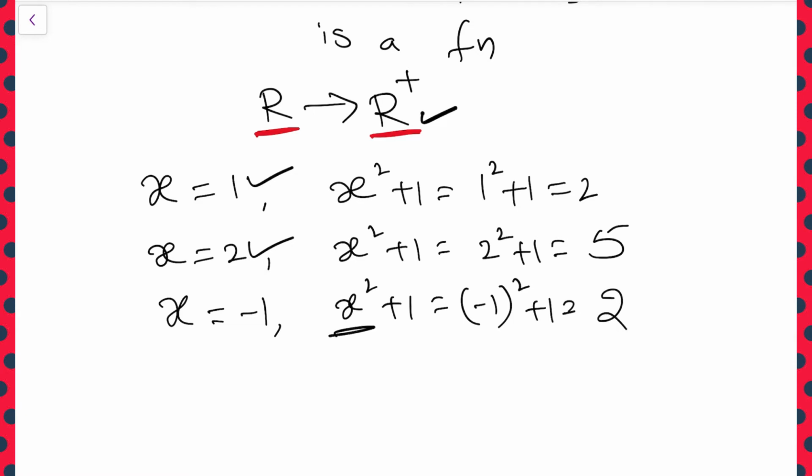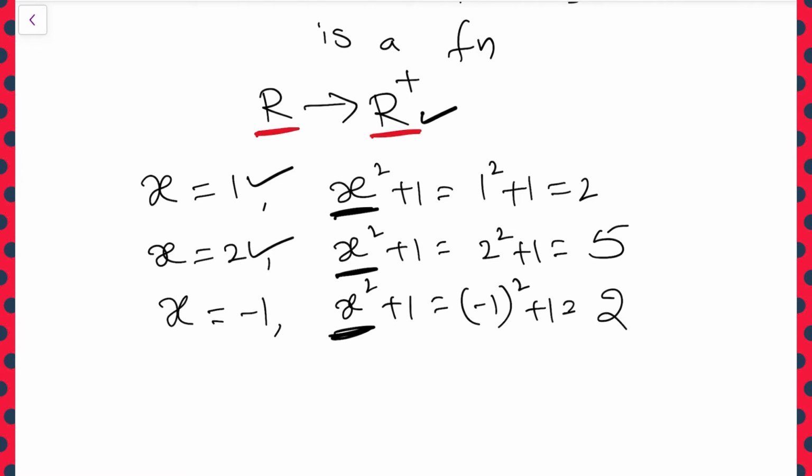Because here we are doing x square, any number squared, whether negative or positive, will always be positive only. So there is no chance that we will get negative numbers in the result. That's why he clearly mentioned that it is a function from R to R plus. R plus only, R negative won't come ever, because the square of a negative number or the square of a positive number is always a positive number only.